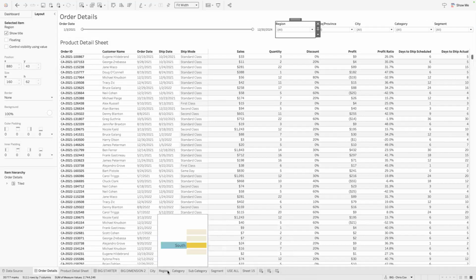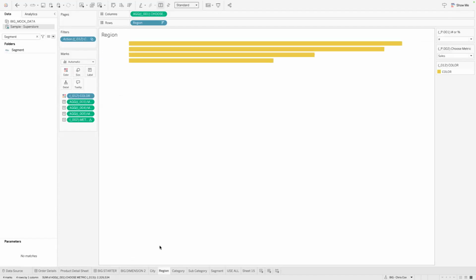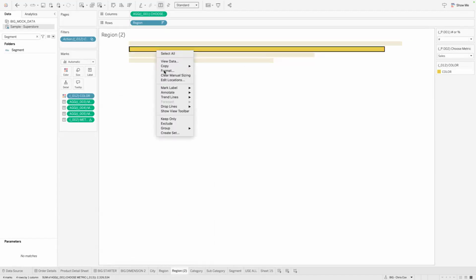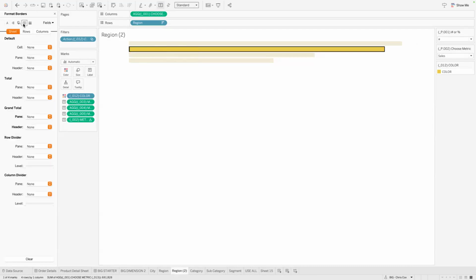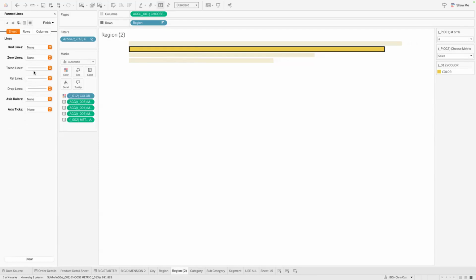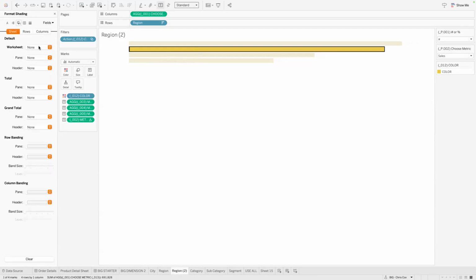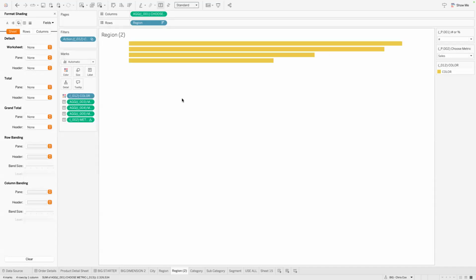I would always want to start with an existing dashboard or existing worksheet if I can. The reason why is because I have already spent time getting rid of all these things. I turn off all my lines. I turn off all of these lines. These don't matter in the middle. I turn off all those, and I'll make sure my whole background is clear. So starting with an existing one, even if you don't use anything on it, is really helpful.